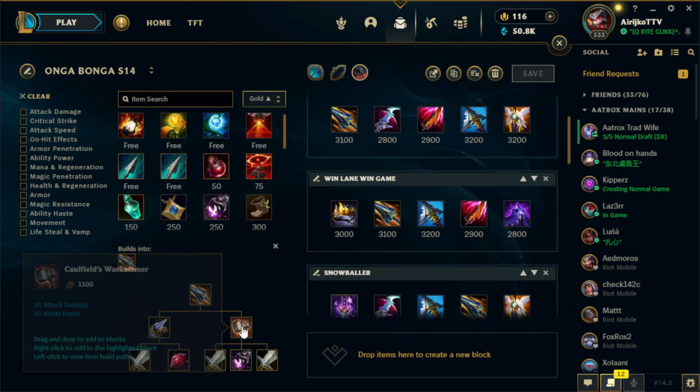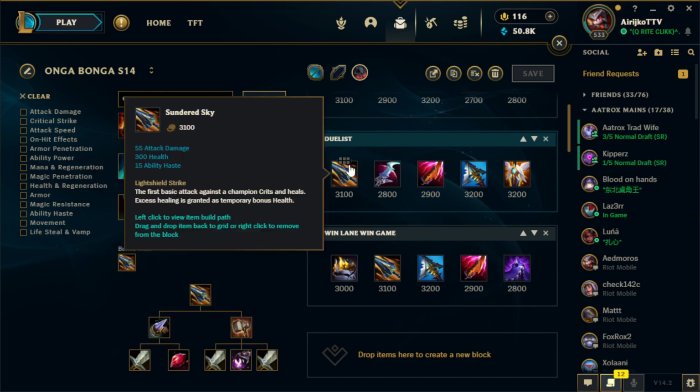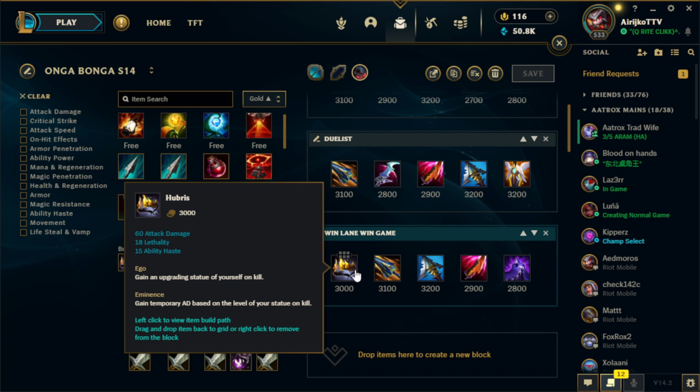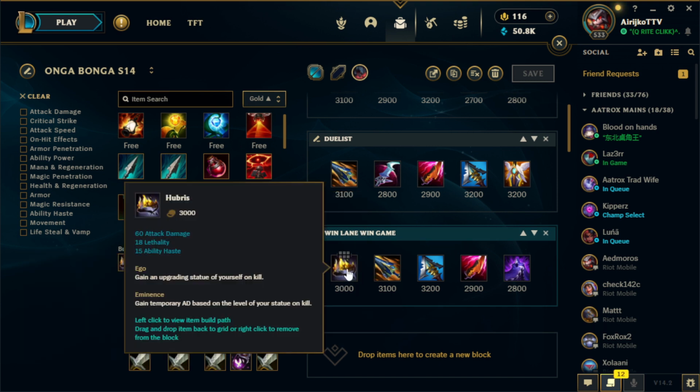So if you're building Warhammer because you're building into Sundered, but then you realize you're snowballing lane really hard, you can build it into Hubris. Or if you're doing another strat where you build Serrated Dirk and Caulfield Hammer into Eclipse, those are things to note. So if you have 2 or 3 kills and you haven't built your first item, but you're building Warhammer anyways, so it's like you're building into Hubris, you can go this build, but make sure you're able to